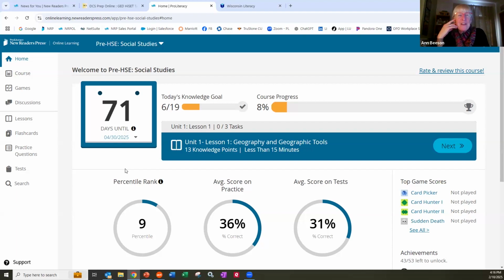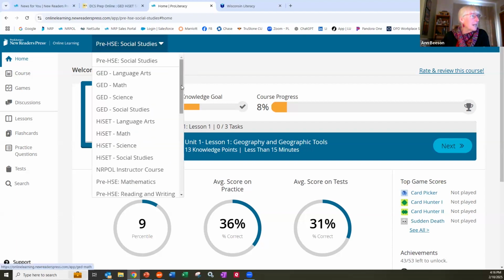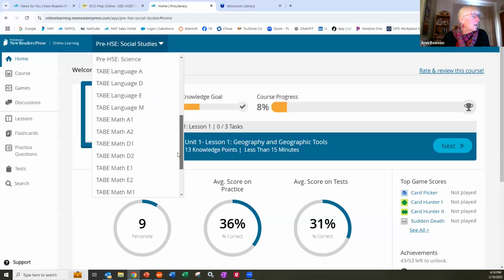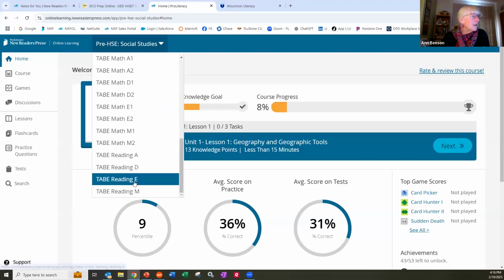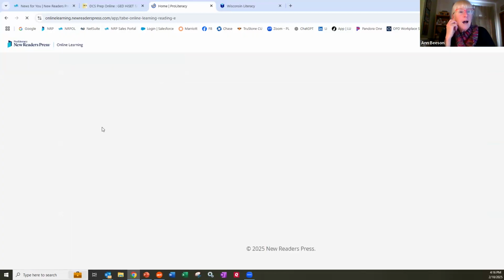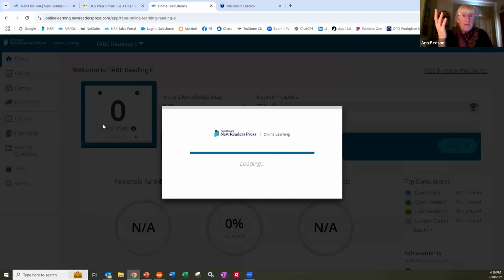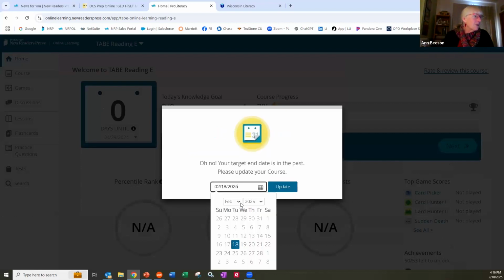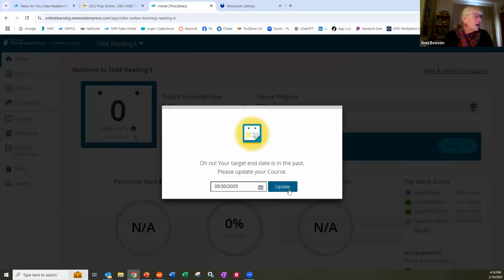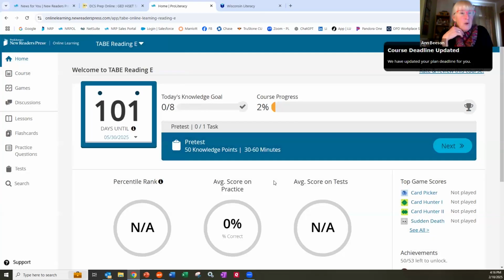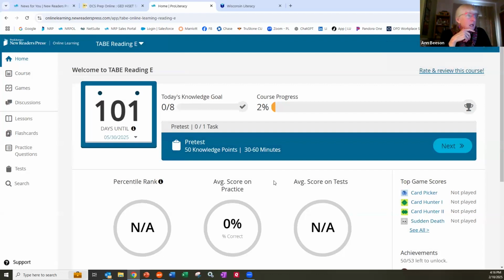And here's why. Especially if you've got students that are functioning at a lower reading level. So while I'm talking, I'm just going to jump into the TABE reading. Let me go to reading. Let's go to E. I'll put that open. For example, all these assessments. If you've got students that are reading at a lower reading level, so TABE